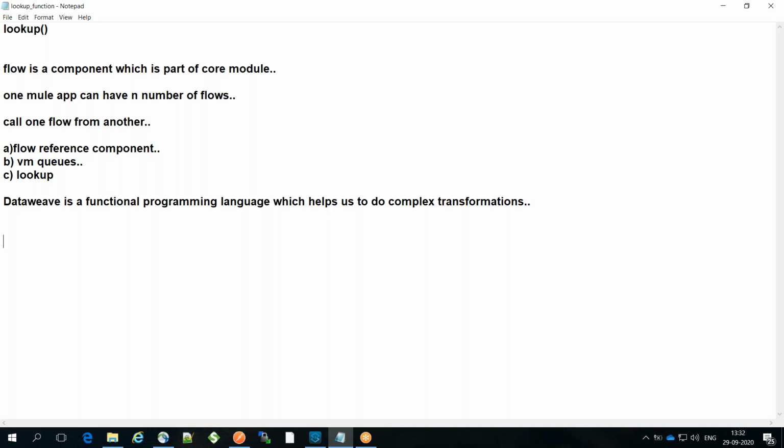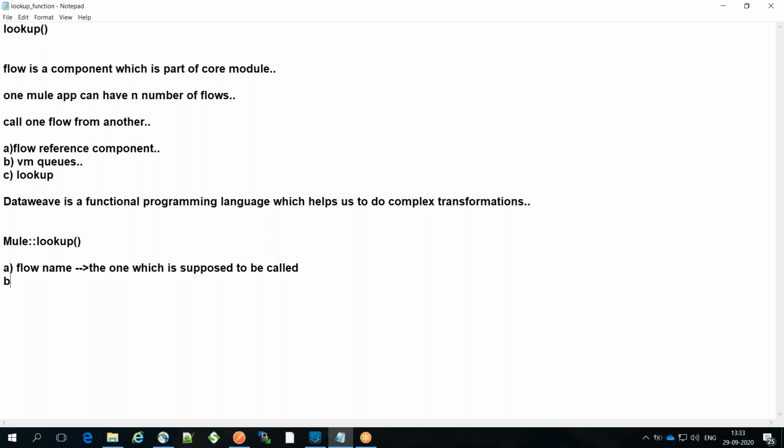Here this is part of the Mule module, and within that we have a lookup function. If you see the spelling, everything is in lowercase. Whenever we talk about a function, it can take some parameters and it returns something. For this lookup function, we pass two parameters. The first parameter is the flow name, which represents the flow that is supposed to be called.